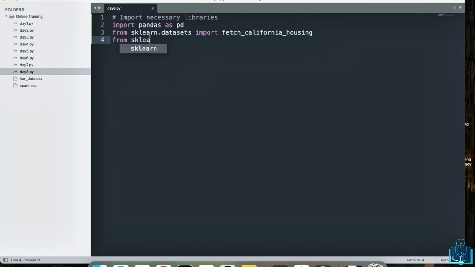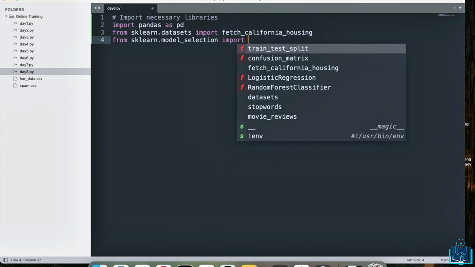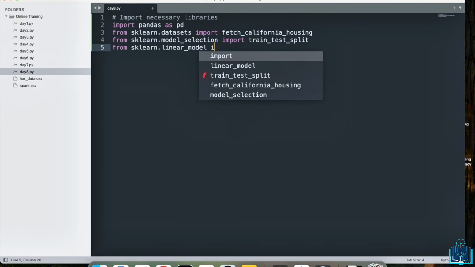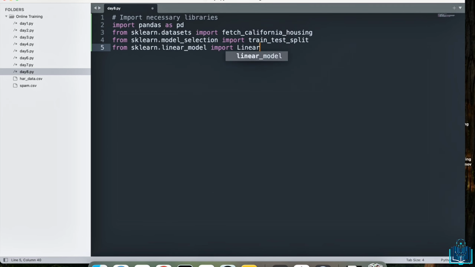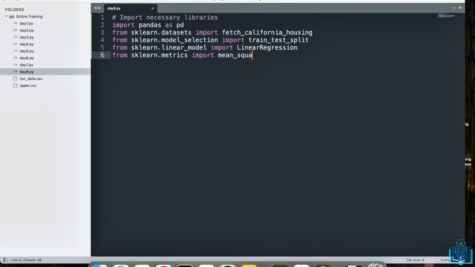Next one, I need sklearn.model_selection for selecting our model. Before even selecting the model, we need train_test_split. This splits the dataset into training and testing sets, so that's what we're using this for. Now we'll need to get our model from linear_model. I'll say import LinearRegression. So I have that, and finally I will say sklearn.metrics import mean_squared_error